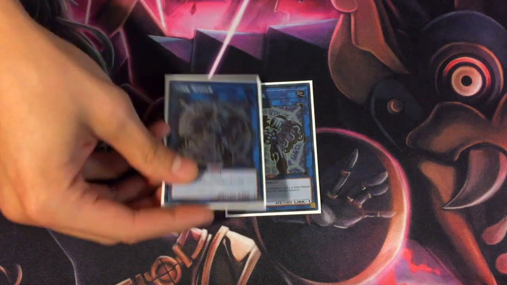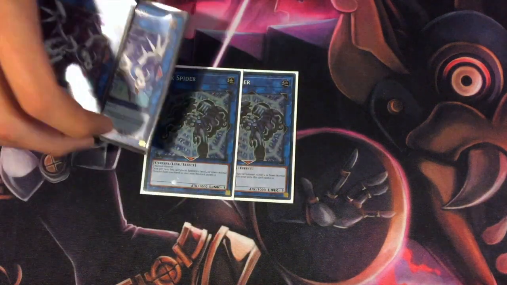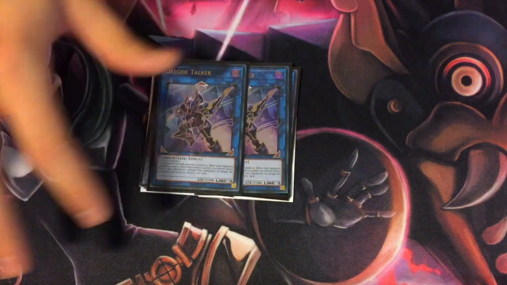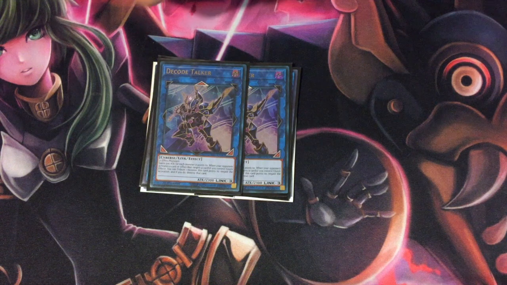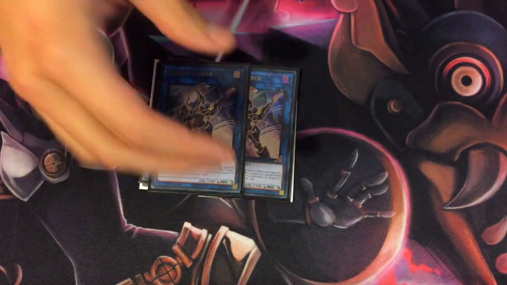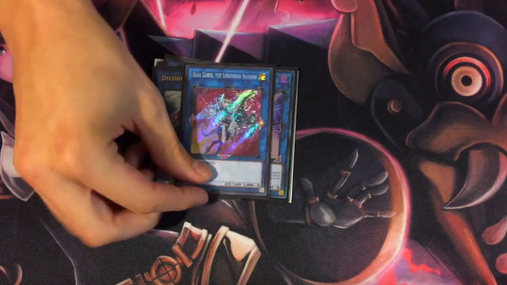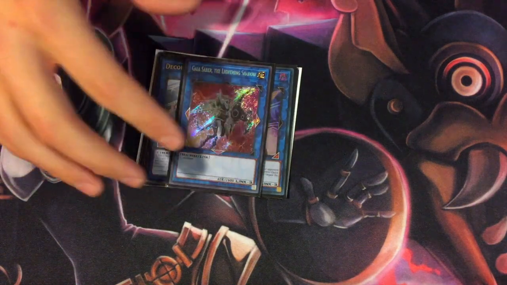So 2 Link Spider because you're making a Scapegoat. 2 Proxy Dragon, making Scapegoat. You're using it with Scapegoat. 2 Decode Talker. Now you're making this stuff. It's just for the most part trying to get you into this effect, and then the other stuff is just utility, or I guess as far as other links that can get you stuff, because outside of the Windwitch engine, this deck doesn't really have a lot of aggression